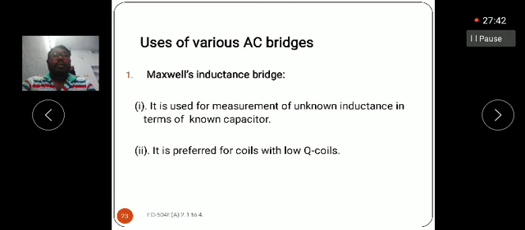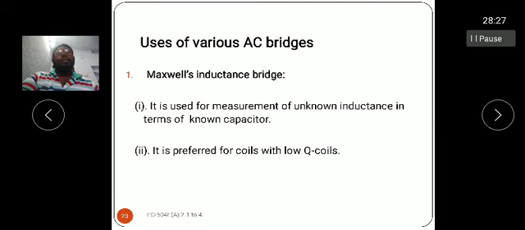Previously we discussed the advantages, the use of the different types of bridges. Now again we are repeating this, as this is a separate part or a separate question for the examinations, like one objective to discuss the various uses of the AC bridges. In the examinations, 2 marks or 3 marks questions are asked, like what are the uses of the Maxwell's bridge. Then in the long question they ask what are the various uses of the AC bridges.